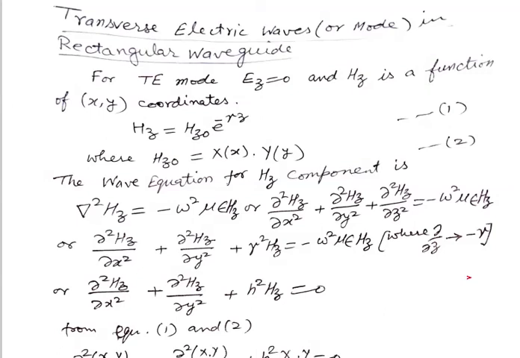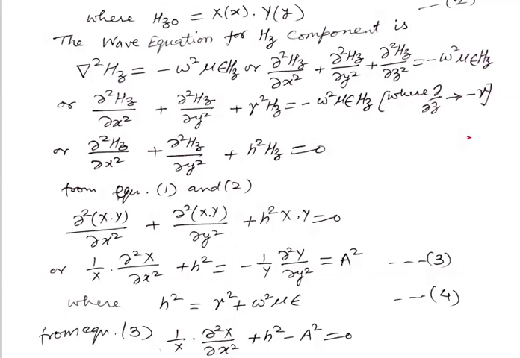Substituting from equation number 1 the del over del z component by minus gamma factor, del 2 Hz over del z square will become gamma square Hz, and this equation will now take the form del 2 Hz over del x square plus del 2 Hz over del y square plus h square Hz equal to 0, where h square is the sum of gamma square and omega square mu epsilon,